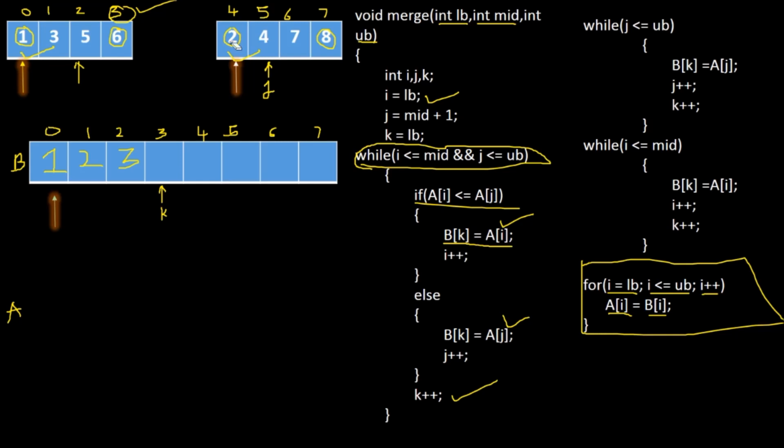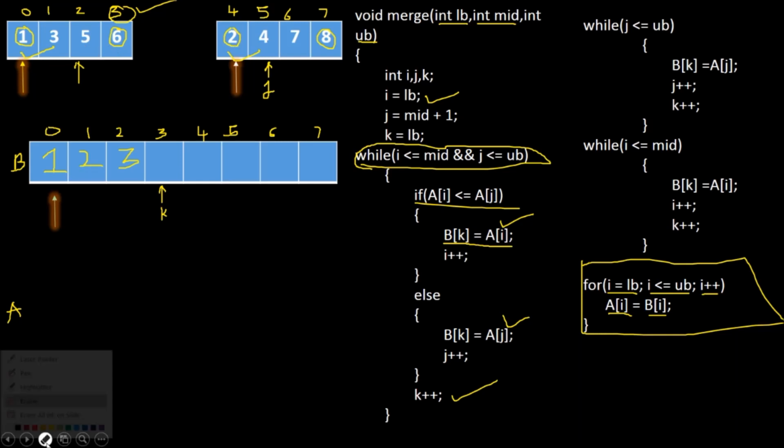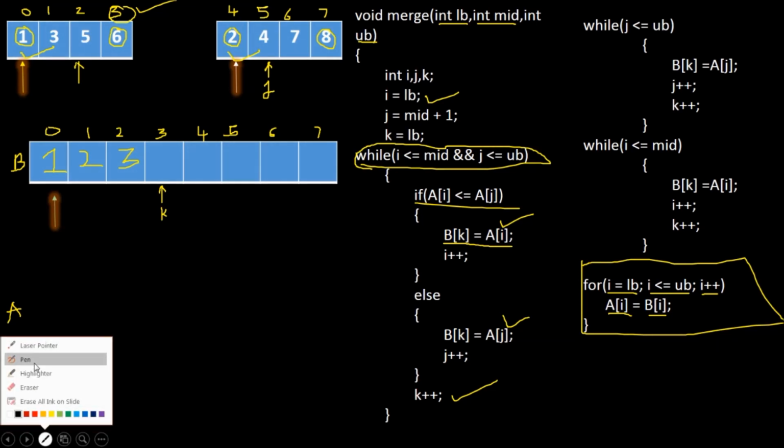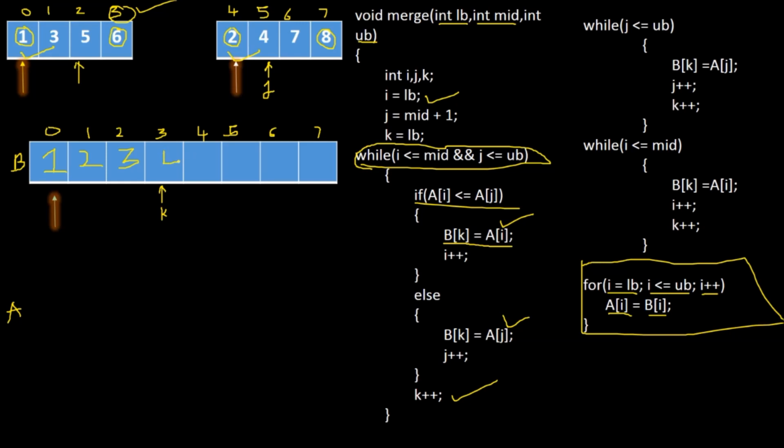When we compare this 4 with 5, at that time we find that this j should be incremented, because j's value is what I am going to copy. First I will copy the j value 4 here, and then I will increment the j, then I will increment k plus plus, and i remains as it is. I will erase this k. Now this is the position of the i variable, j variable and k variable.